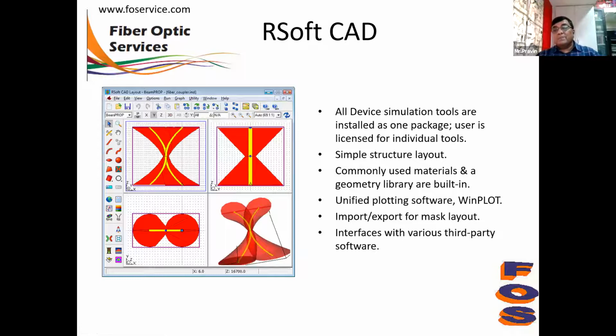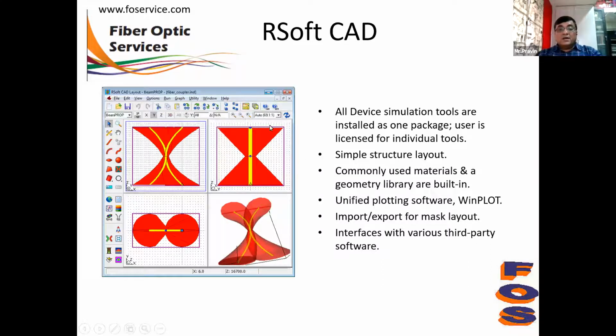In fact, now the entire Photonic suite, which includes the RSoft Photonic device design tool, the Photonic system design tool, and the PIC tool, has one single installation EXE. But only those tools will work for which you have the license.